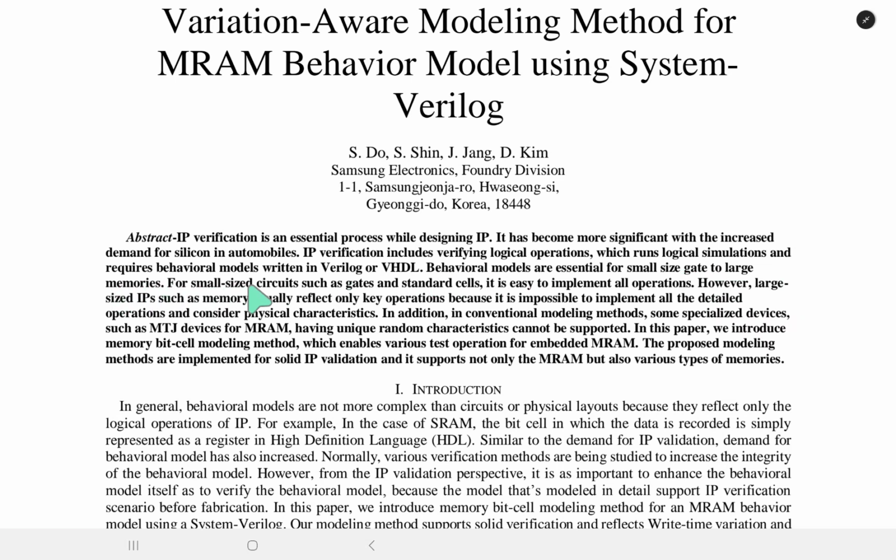For small-size circuits such as gates or standard cells, it's easy to implement all operations. However, large-size IPs such as memory usually reflect only key operations because it is impossible to implement all the detailed operations and consider physical characteristics. In addition, in conventional modeling methods, some specialized devices such as MTJ devices for MRAM, which have unique random characteristics,